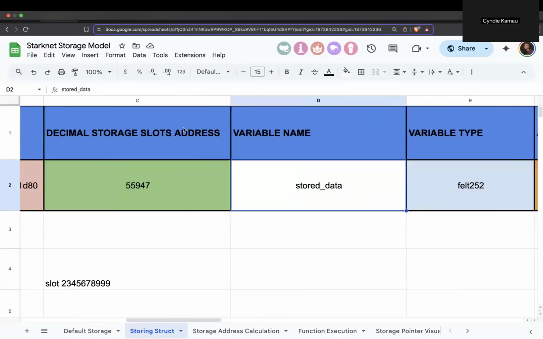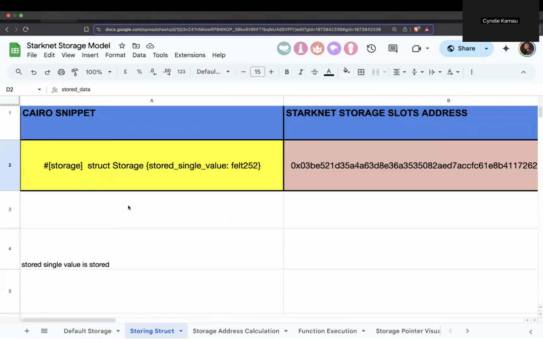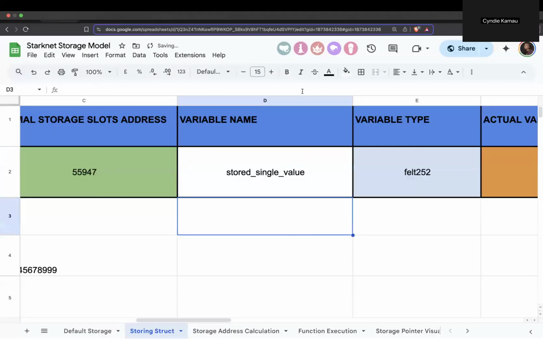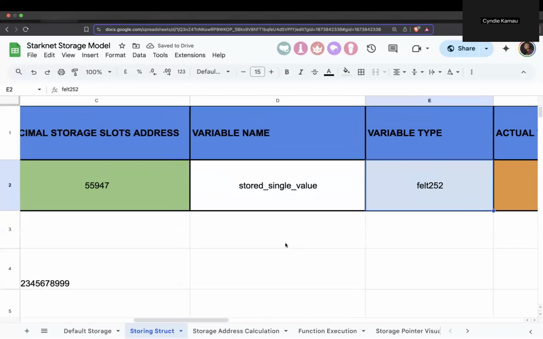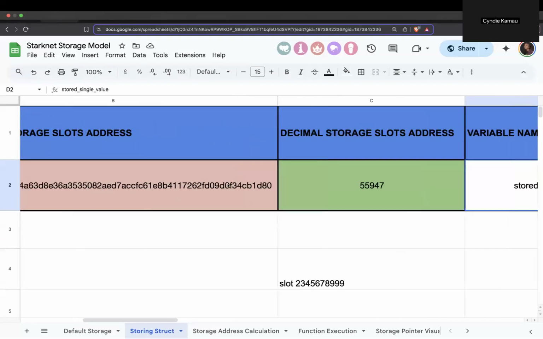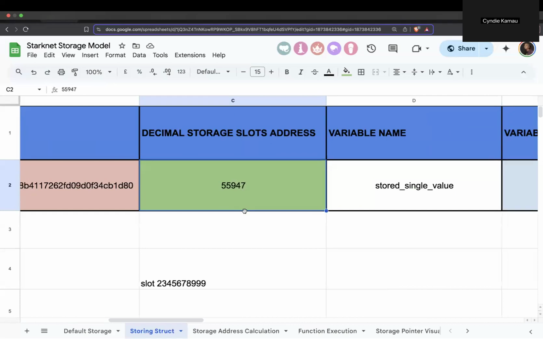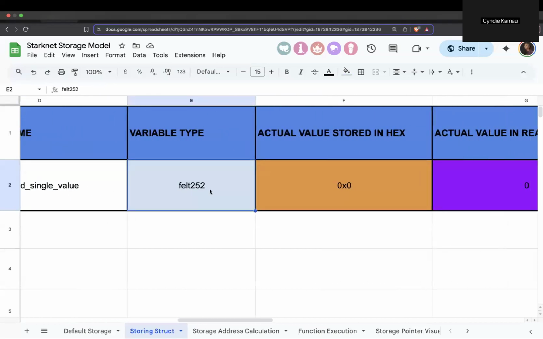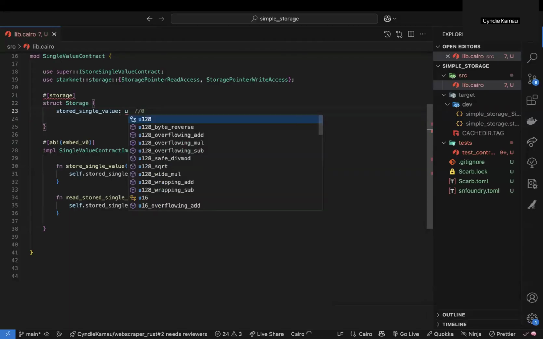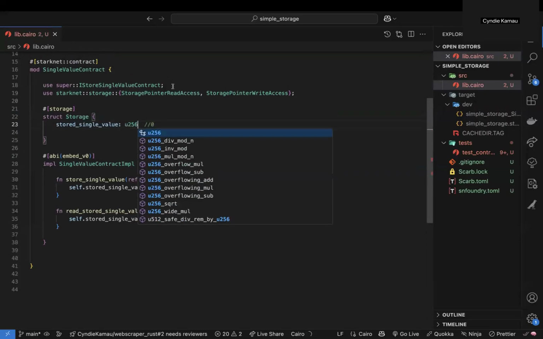Let me change this again. It was stored single value, and it's felt252. So like I said, stored single value in itself is stored where? Let's say in slot 55,947. And what type is it stored in? felt252. This means that even if we were to put, let's say, 256,